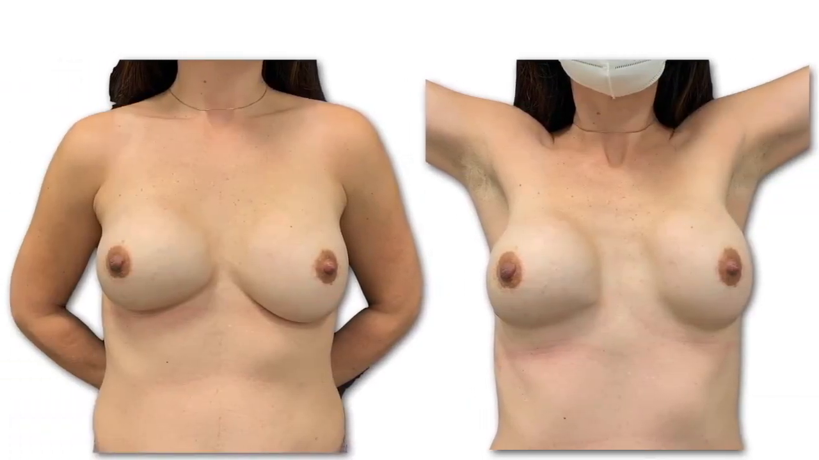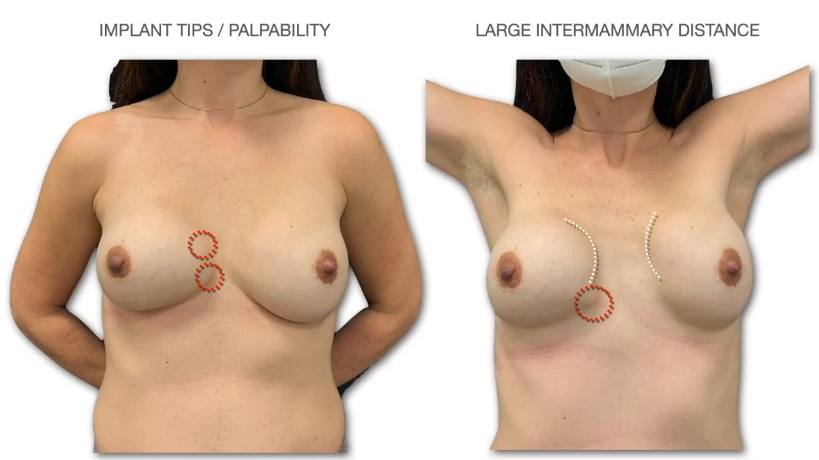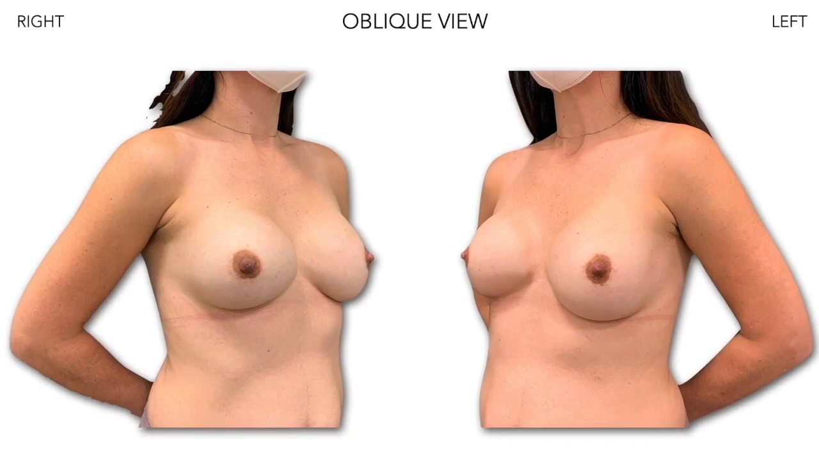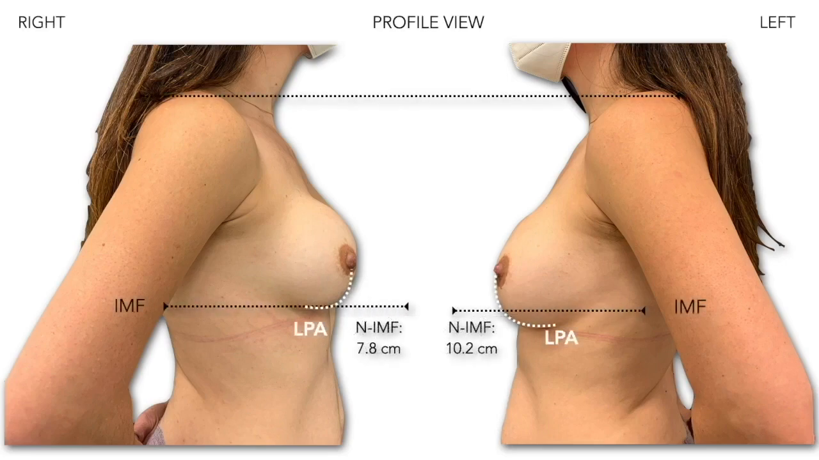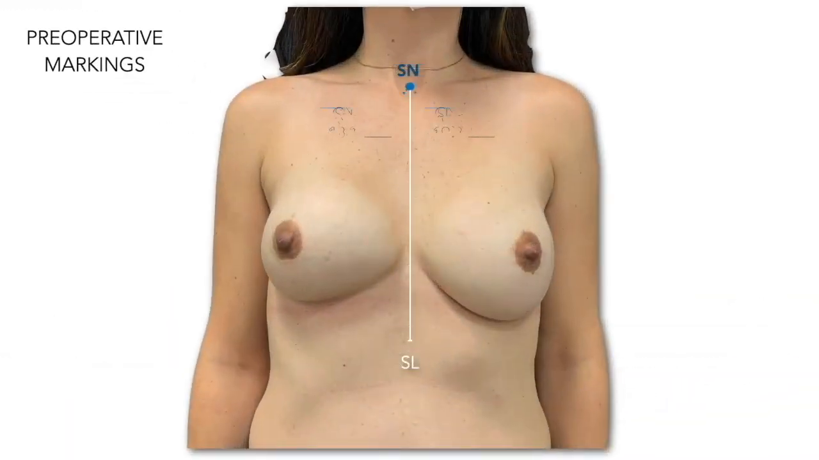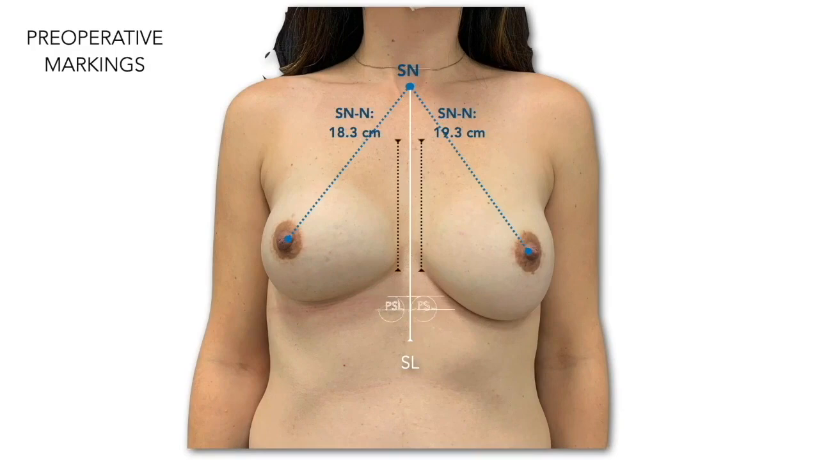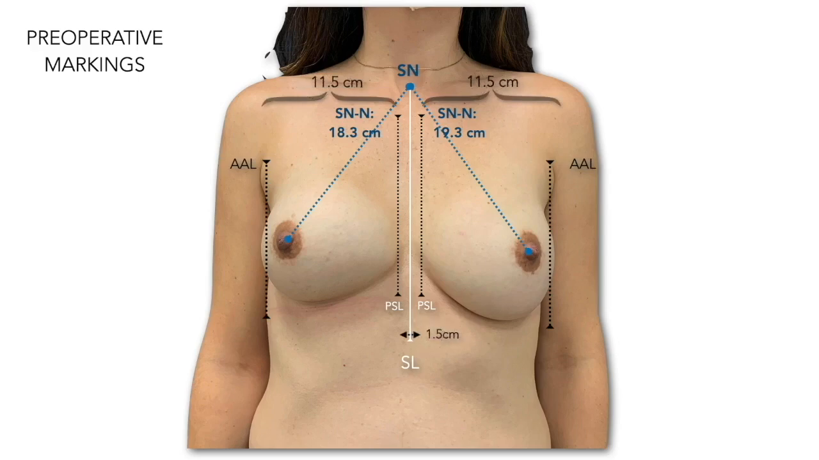Here you can see the patient with the arms up, and the patient presents and complains about implant tips and palpability. This is the oblique view, the right and left side showing the asymmetry, and the profile view where you can see the difference of the position of the IMF and the difference of the lower pole arc between the right and left sides. And these are our marks: the sternal midline, the difference between the right and left side of the nipple-areola complex, and the medial limit of the pocket, the parasternal line, and the lateral limit, the anterior axillary line. Here you can see the distance between the lateral and medial limits, the breast base, 11.5 centimeters,